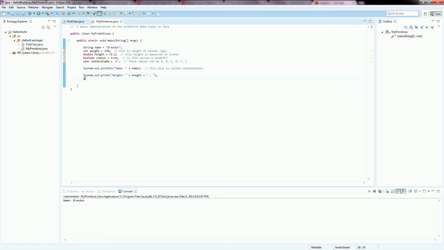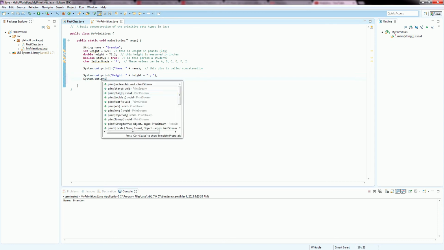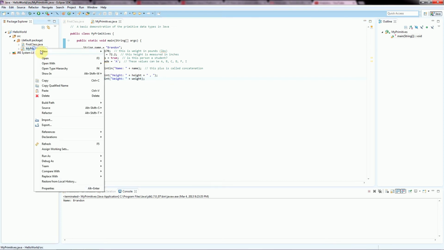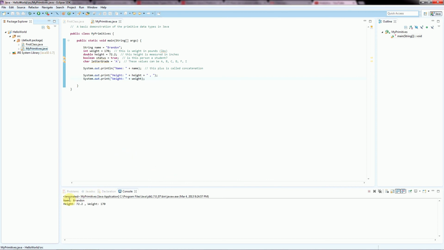Now on another line we're going to do system.out.print once again without the ln, and we're going to do weight inside of the double quotes, concatenate and add our weight variable, and now we want to finish that line. And so I'm going to stop here, I'm going to hit Control S, and we're going to run it to see exactly what's happening. So if I go to Run As, and we can see that we printed